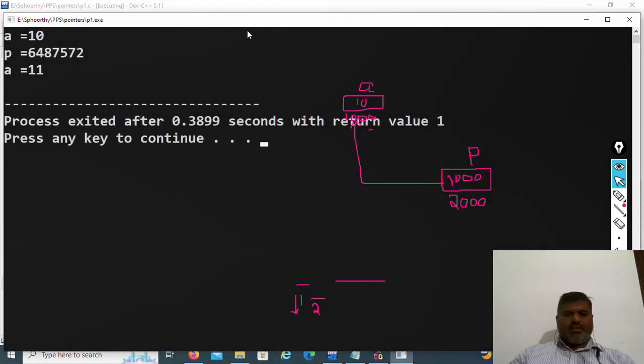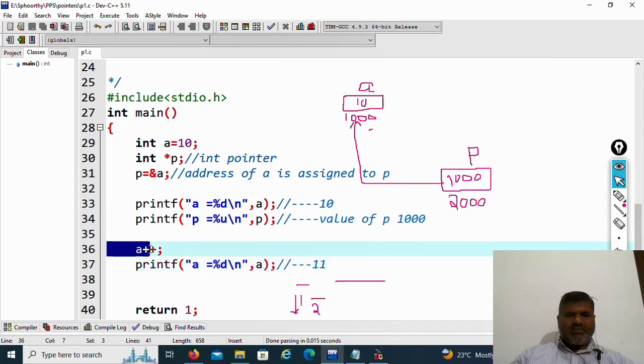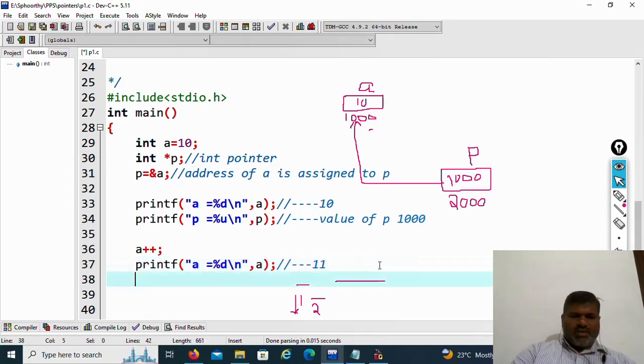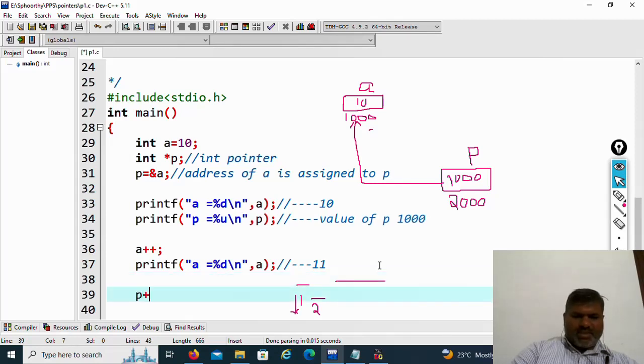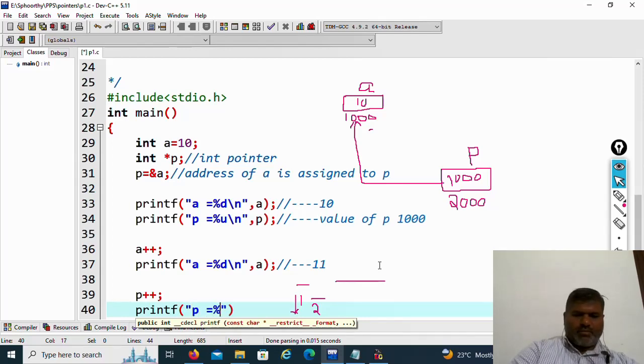It displays 11, because there is no difference between pre-increment and post-increment in one statement if you perform only one operation. Now similarly I will write here p++. printf("p = %u\n", p);